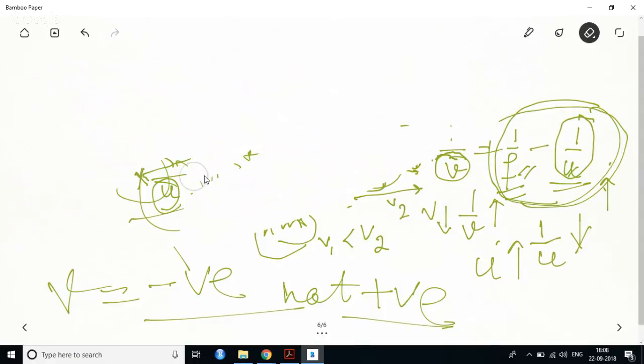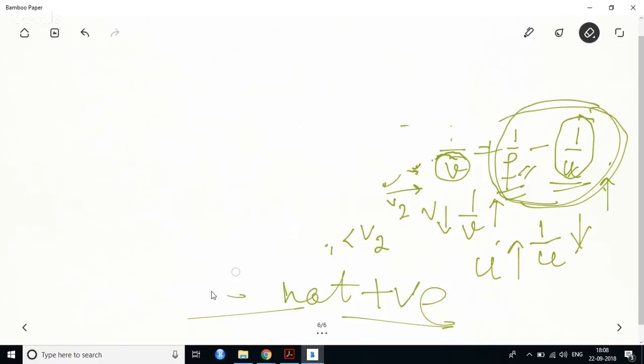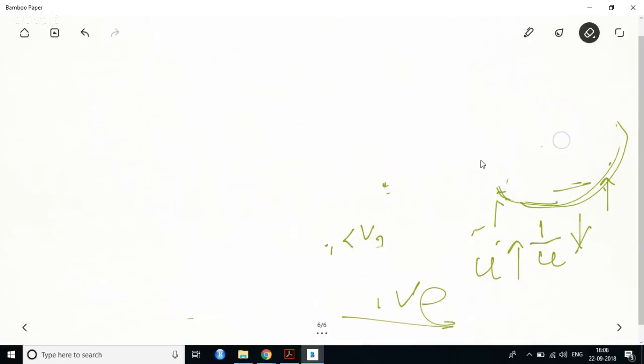Okay, so now guys, I'm moving to modern physics, and in the end I'll come to optical instruments again, because a lot of people are asking me for modern physics. So let me explain a few concepts of modern physics.